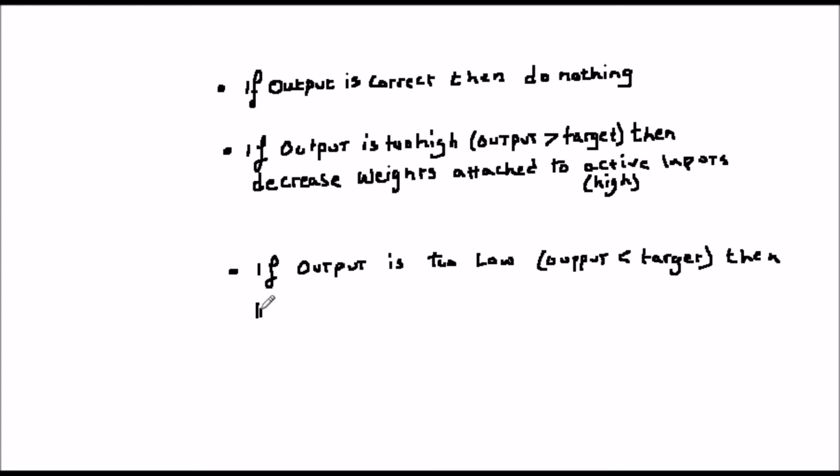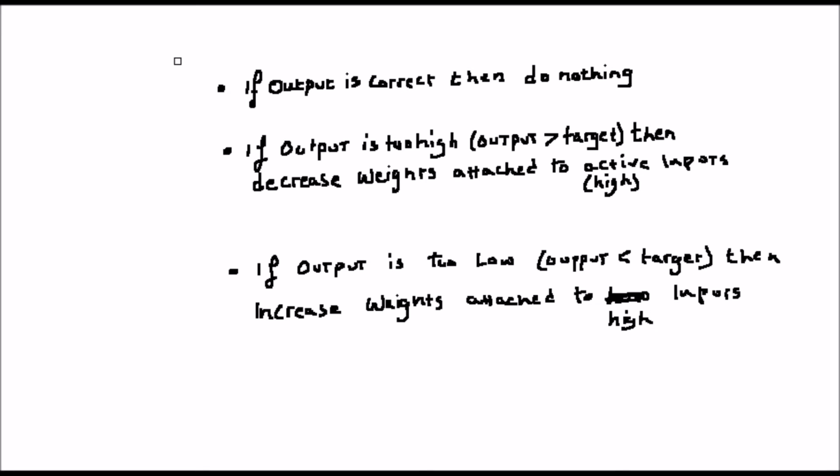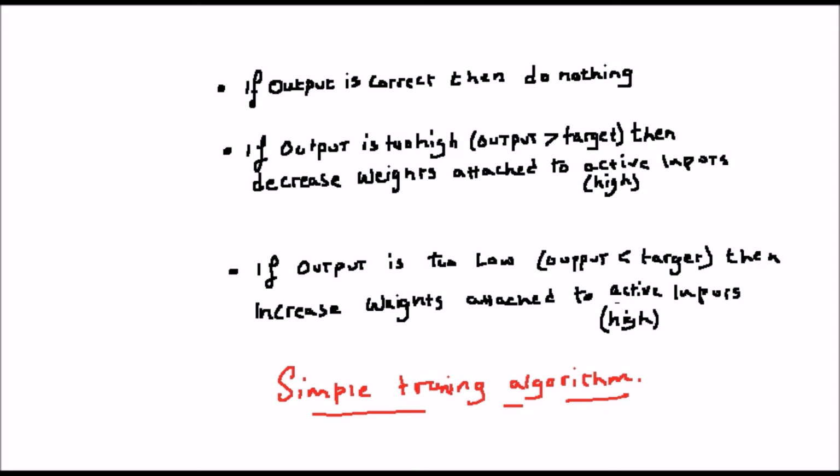If the output is too low for that particular pattern, then increase the weights attached to the high inputs. So it's really just common sense. And real learning algorithms just take ideas like these and codify them into mathematical terminologies which we can program into